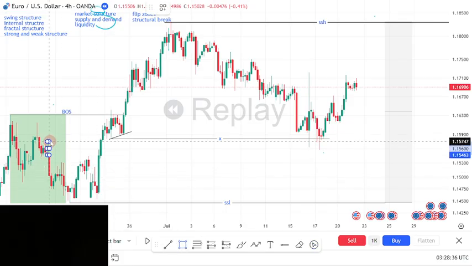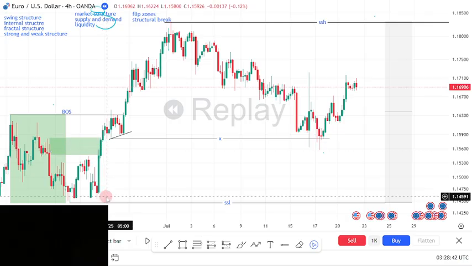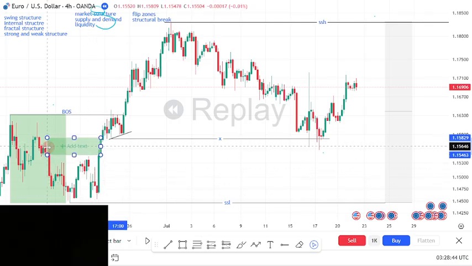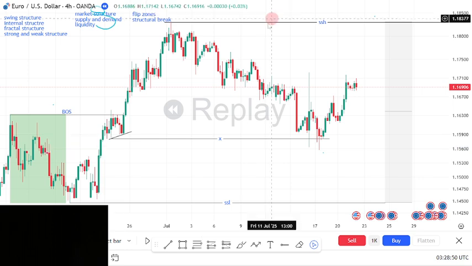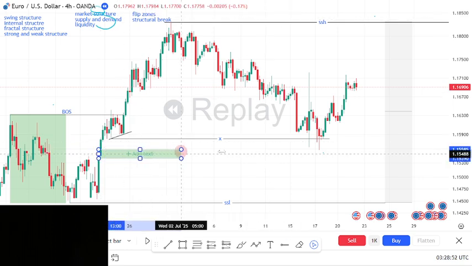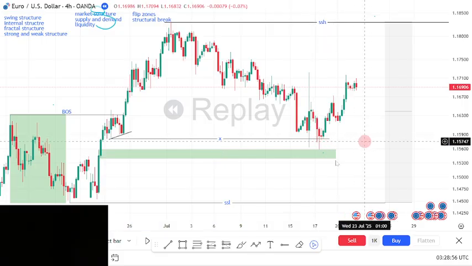After price tapped into this structure, what will we expect? We're expecting this move, but it didn't happen, and price, so from the beginning of the reaction to the end of the reaction is where we had this mitigation,